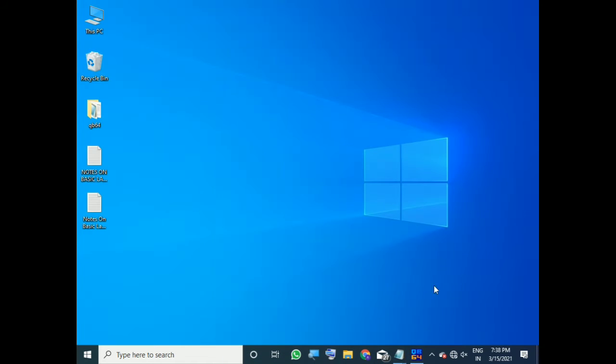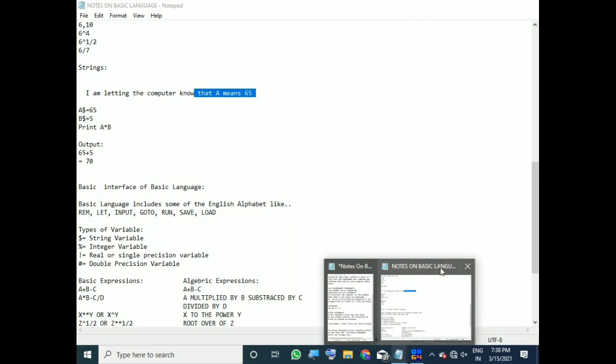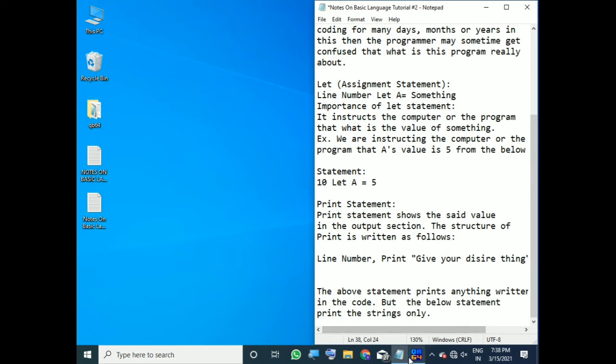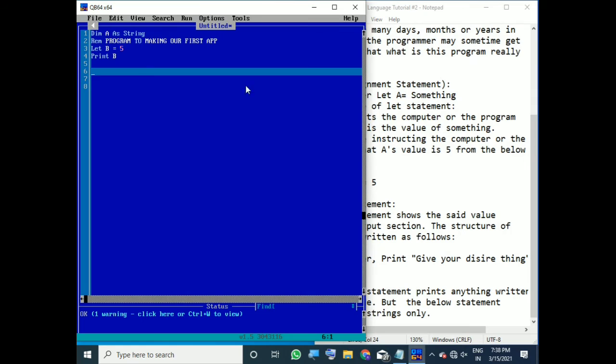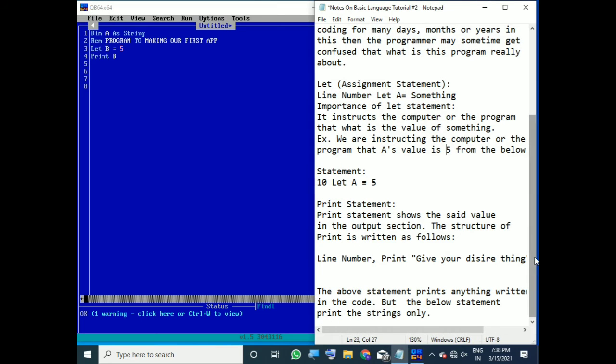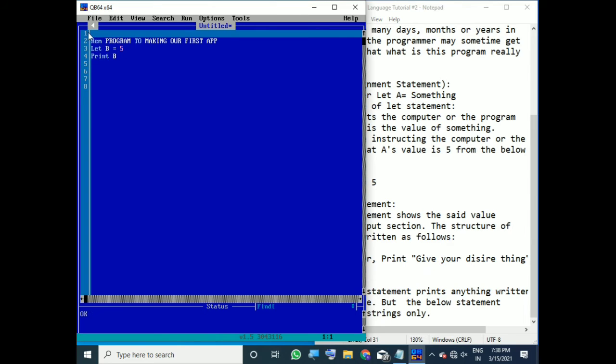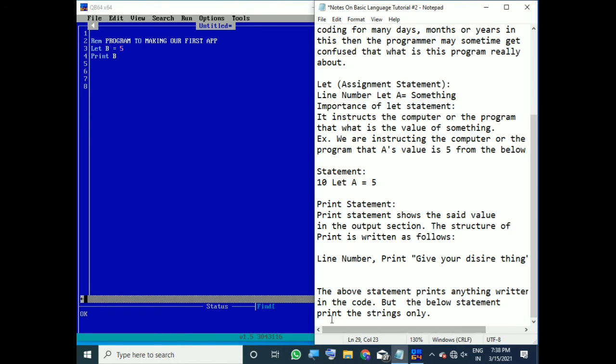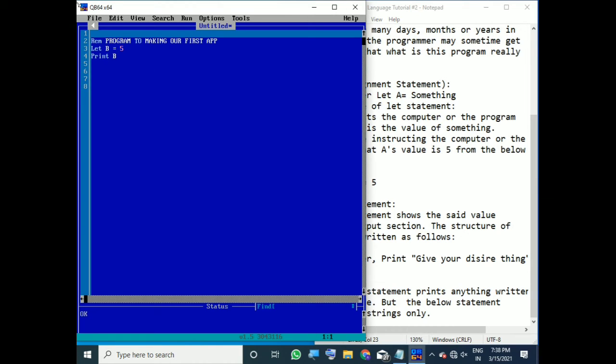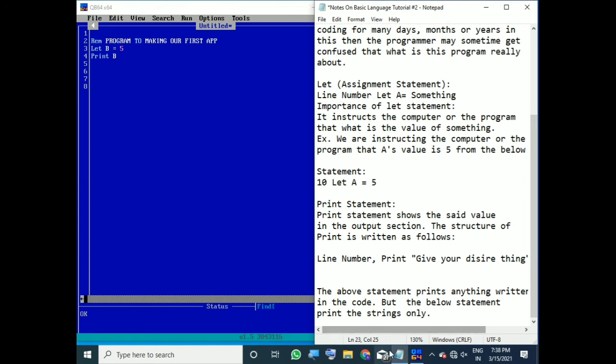So let's move on to today's notes, and let's delete it. There are some problems; the basic language is always okay, but here these types of things come. Better you write let b equals 5 like this. In the compiler or code editor, some problems may appear sometimes.